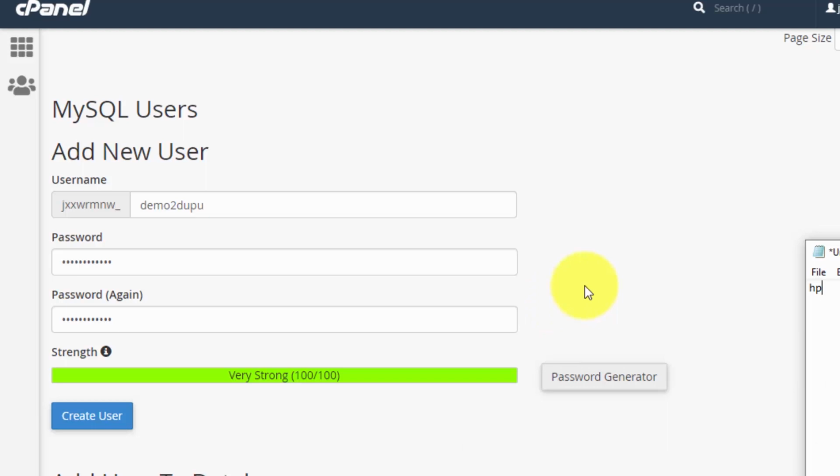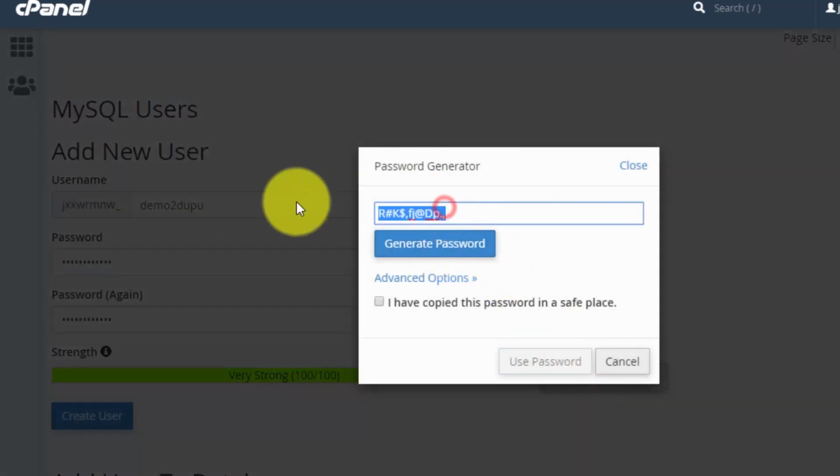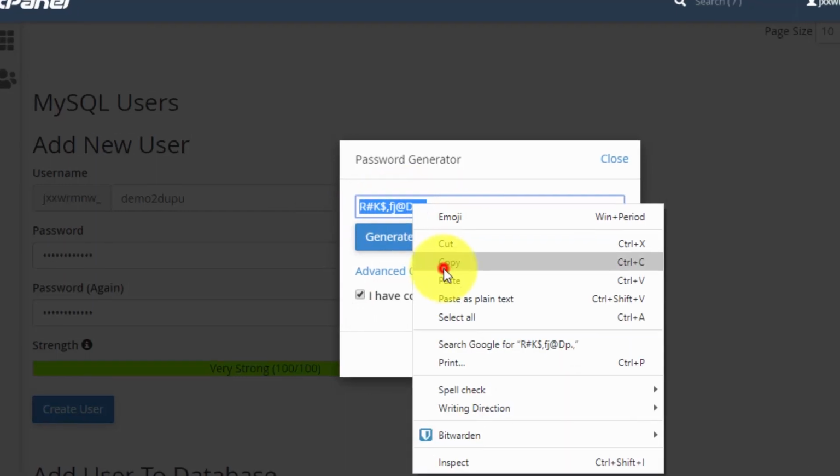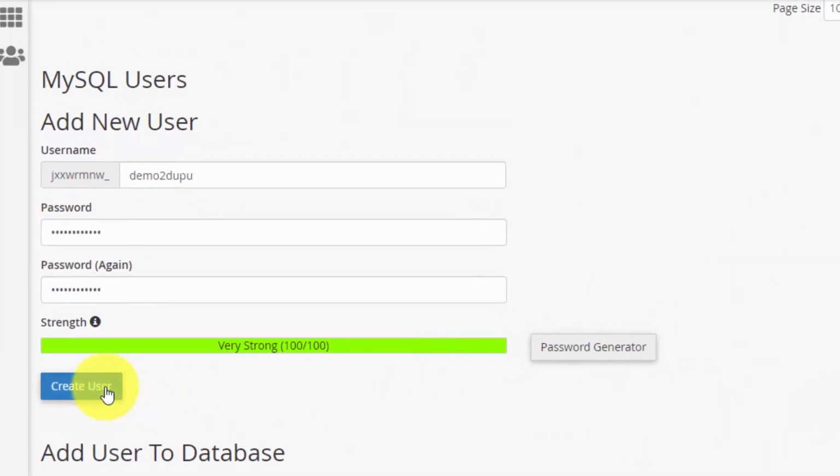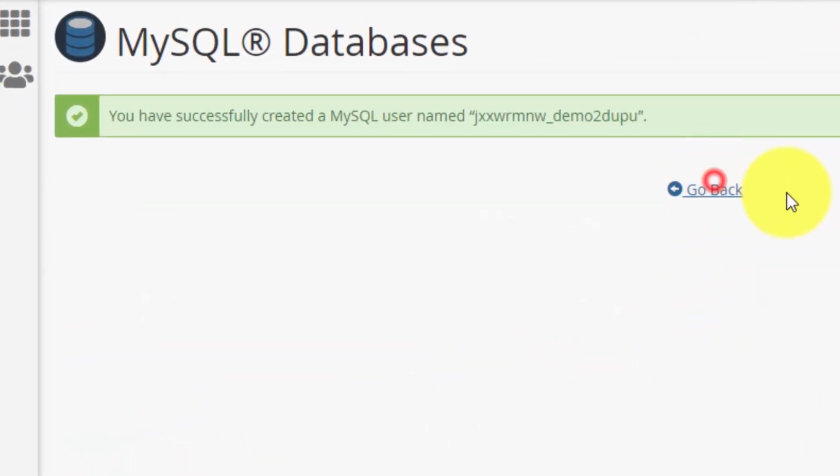Make sure that before using the password you save it in a notepad somewhere safe. So now first I will copy it and save it in a notepad. Okay, we will need to use this password in the next step, and then click on create user and then